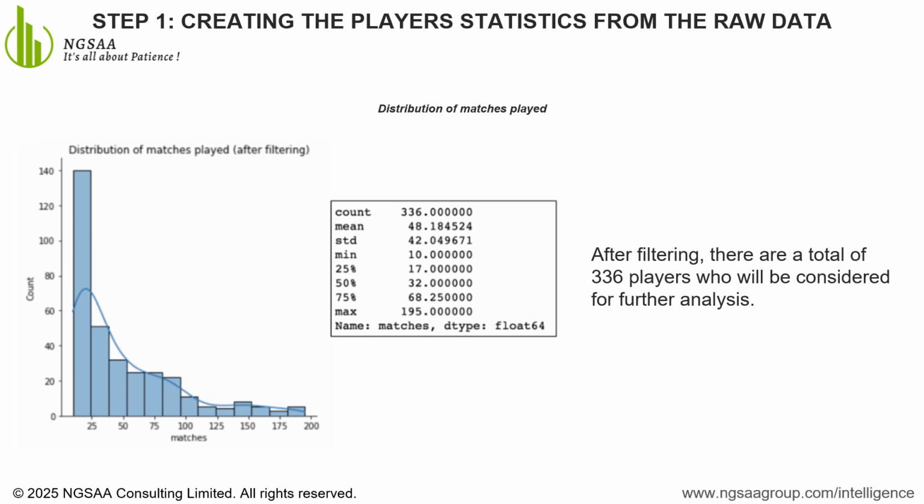Why is filtering important? It ensures data quality by removing players with insufficient data points. It helps in identifying trends and patterns without extreme fluctuations. It provides a robust dataset for further machine learning analysis, especially clustering. Next steps. Now that we have a refined set of 336 players, we will move forward with clustering techniques to categorize them based on performance attributes.